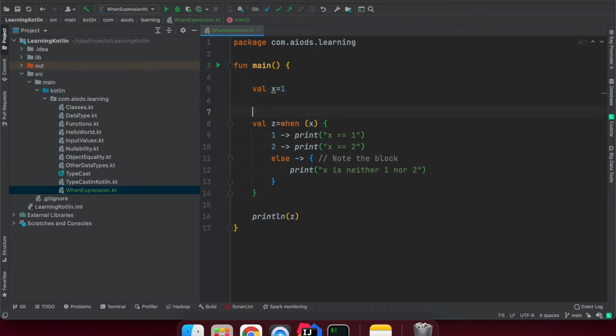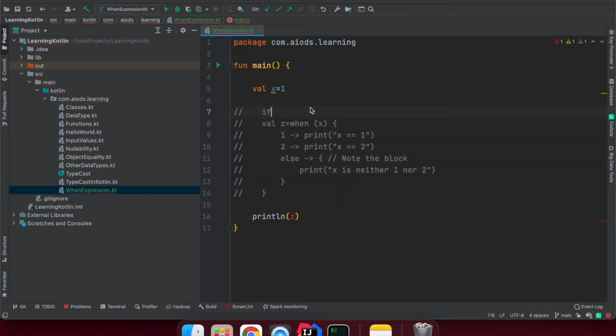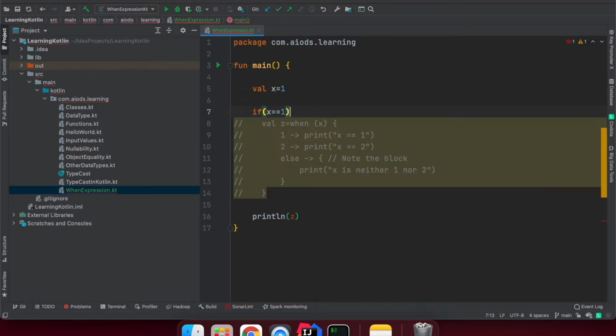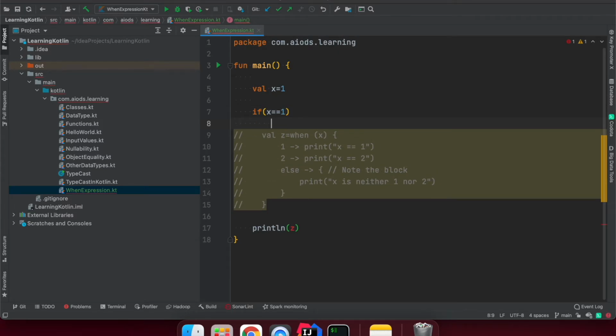Suppose I want to write this code, so let me comment this code first. Generally we say it this way: if x is equal to 1, then we print the same line, println.